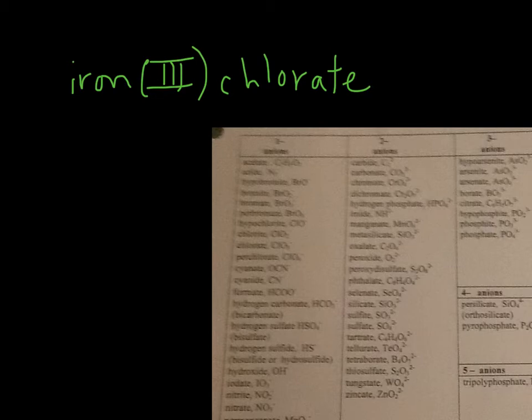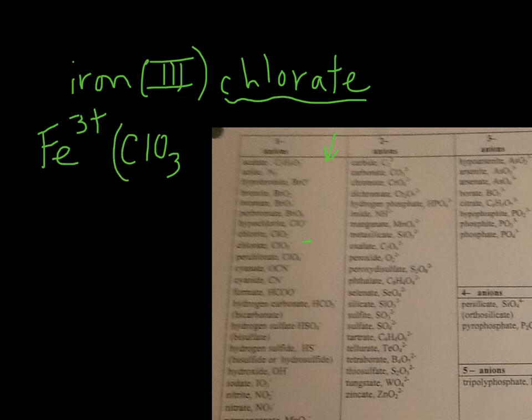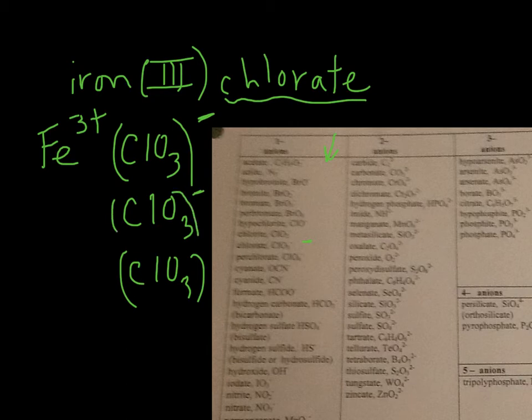Let's try one more. Iron Roman numeral 3 chlorate. Now the Roman numeral here comes in super handy. It's just when you go in reverse that it's a little bit frustrating. So that tells me iron is a 3 plus charge. Now I have to find chlorate. It is going to be in this group. I think it is maybe that one right there. ClO3. I like to put my parentheses around it with a 1 minus. So I'm going to need 3 of these units, ClO3s, with their little parentheses and charges. So that would be 1, 2, 3, a 3 minus, and that would counterbalance the 3 plus. So your final answer is Fe